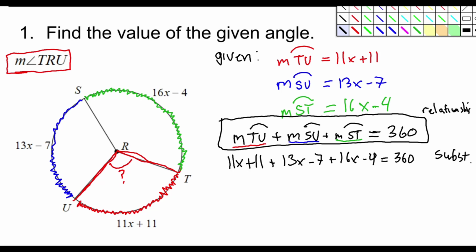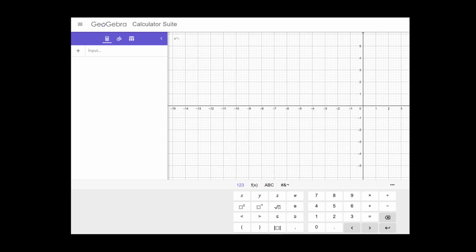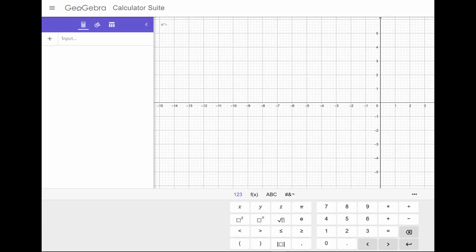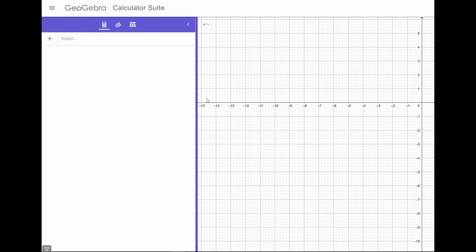Now, you can solve all this real quick by hand, but I'm going to take this right now to some technology, and I'm going to show you how to do it another way. All right, and then we'll return back right now. All right, so this is GeoGebra. If you check it out, it's pretty amazing. There's a graphing tool here. We're not going to use that right now, but I'm going to make this a little wider